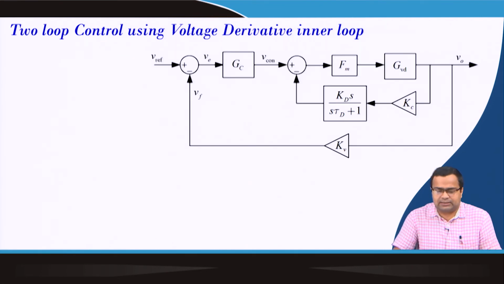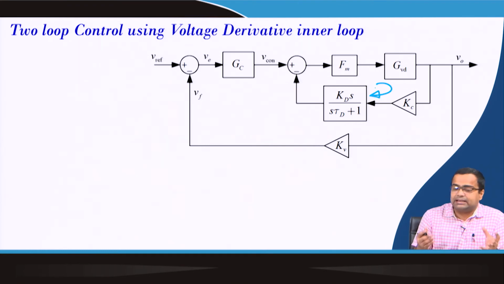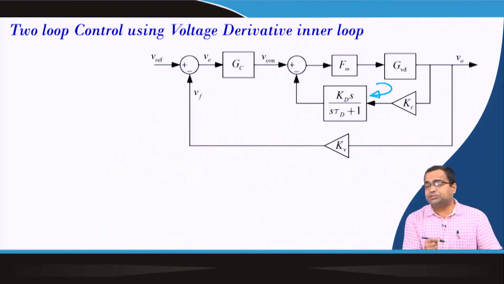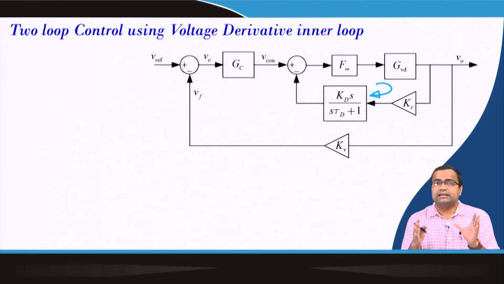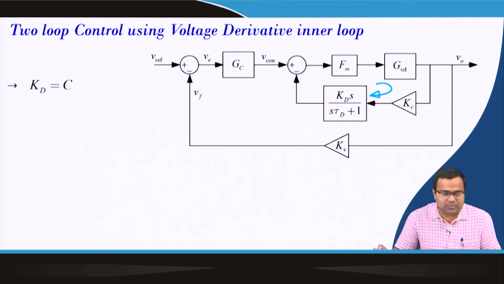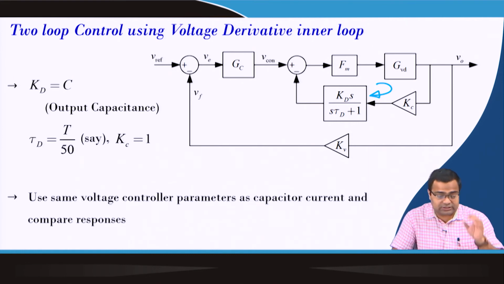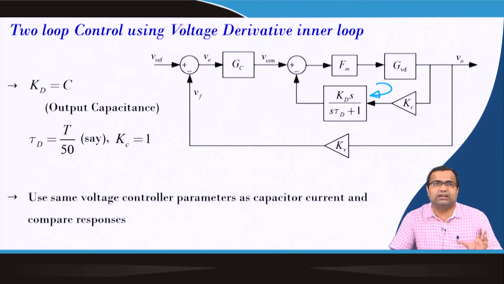Another possibility is that the inner current loop can be a derivative of the output voltage. That means this can also carry the information of the capacitor current for a buck converter, but this may not be a good solution for a boost, where the voltage will have a non-minimum phase behavior. So, we have to be careful about the PID controller design, the inner derivative loop, for a boost converter, because it has a non-minimum phase behavior. Okay. So, with derivative action, we can compare the response of the capacitor current with the actual current mode control.